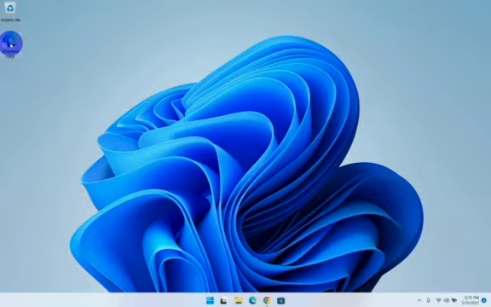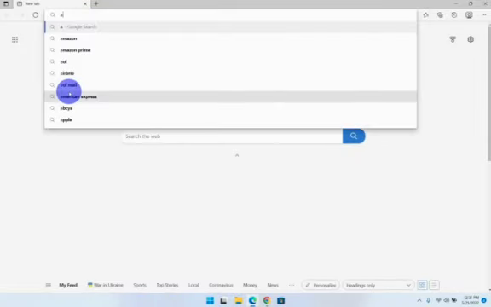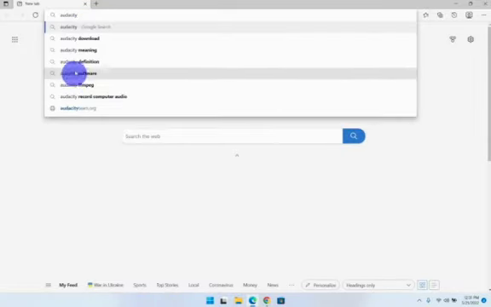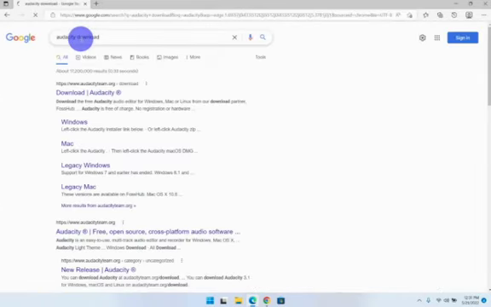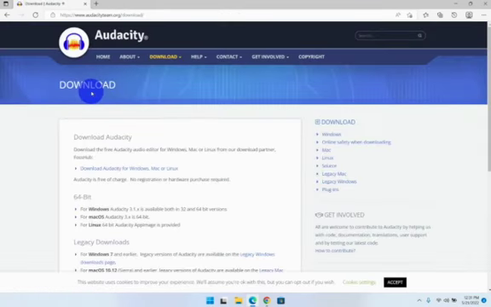Open Microsoft Edge, so double click, type Audacity. It found it for us, Audacity download. Okay, we're going to use this one. As you can see, this is the official website. Click on it. And under here, click on your operating system, which is Windows,